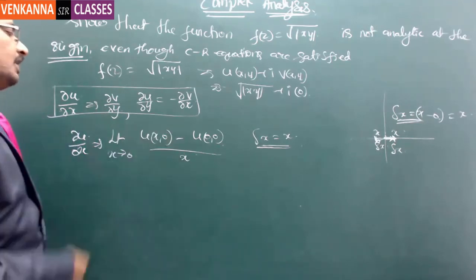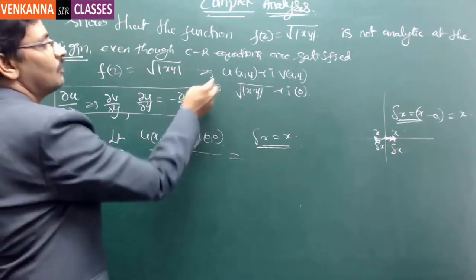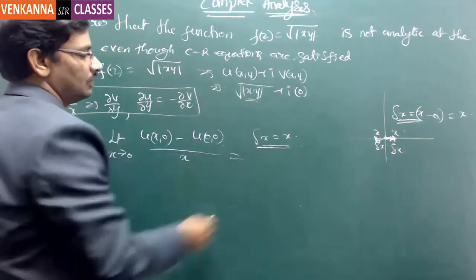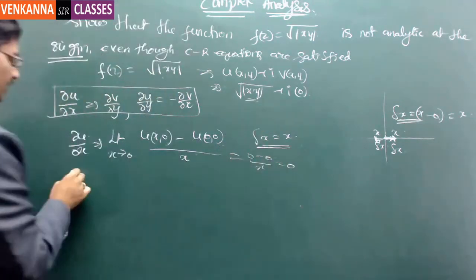So now if you put forward these values, this is u of x comma 0. That is, the y value is 0. So this is 0. Then this is 0 minus 0 divided by x. This is equal to 0. And then similarly, dou u by dou